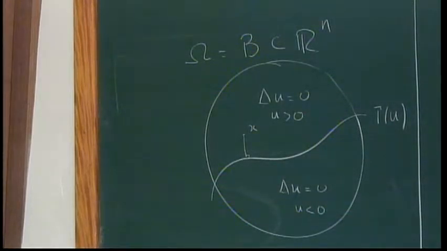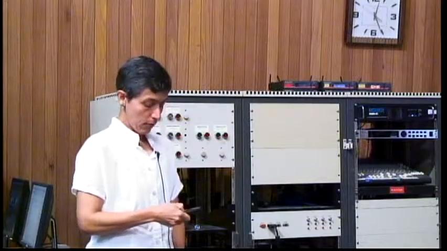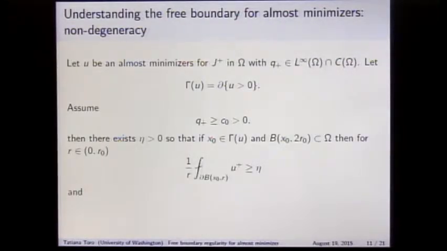And I'm going to switch to the one phase. We have results for the two phase. In particular, this one holds for the two phase also. But at some point, the results are not the same. And rather than say up to here, this is a good place to switch to the one phase problem. So if we're looking at the one phase, Q is continuous and bounded below. And continuous is not optimal. We need less, but it's easier. Then the following thing happens.